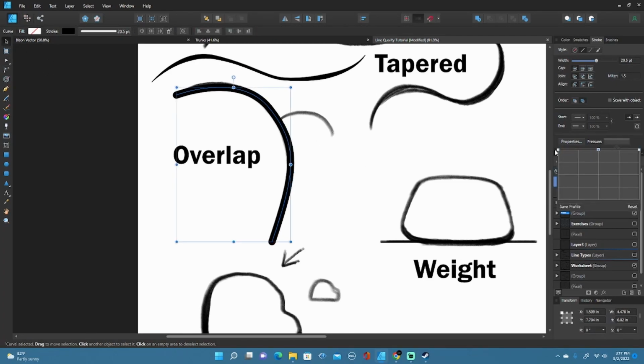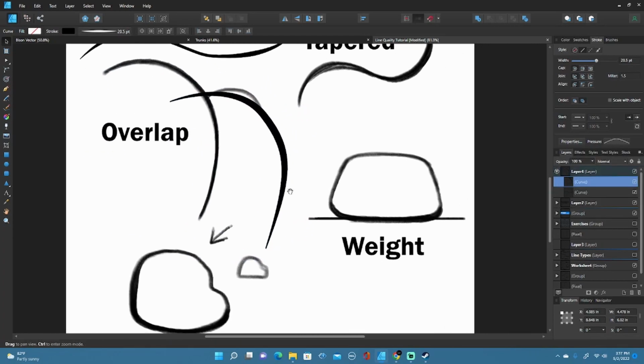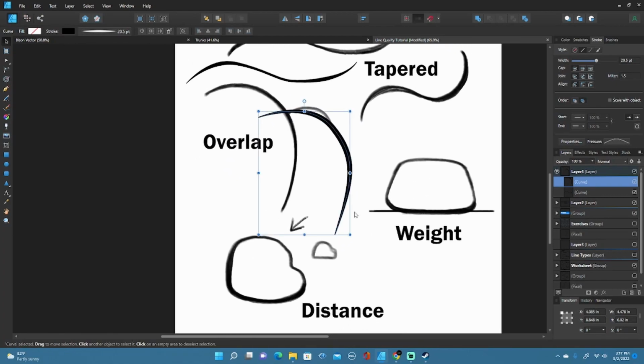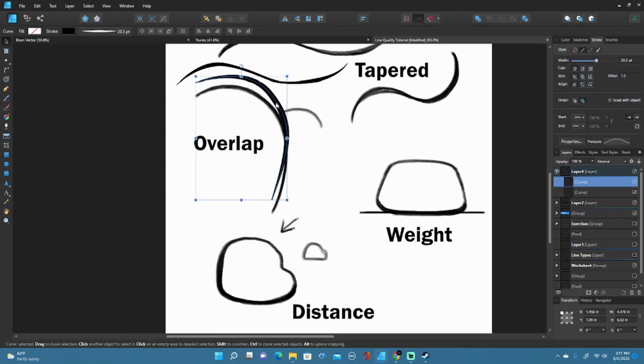So adding one in the middle, I'll grab one on the outside, again affecting both sides, and just bring those down, and it will taper those ends. So using the pen tool and using just the stroke, we can use the pressure panel here to manipulate thin